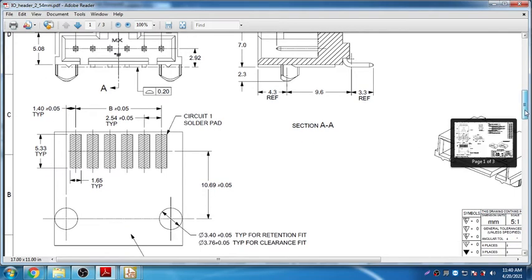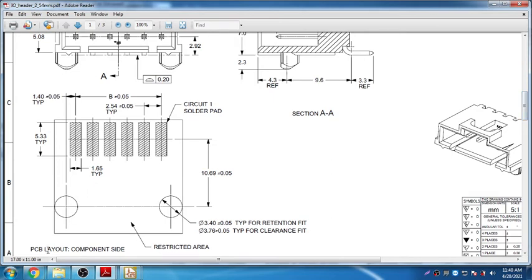This circuit is for the PCB layout of the component side. So on the component side, how it should be. So we need to worry about these lines. In our case, we have only two such lines because it is a two pin connector. So I have only two pads here. So 2.54 mm is a gap, from center to center.